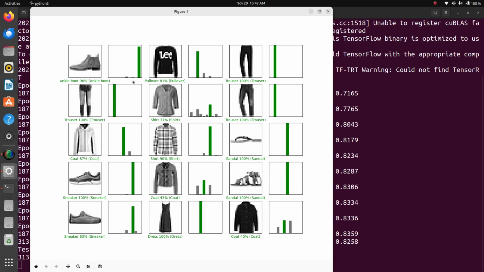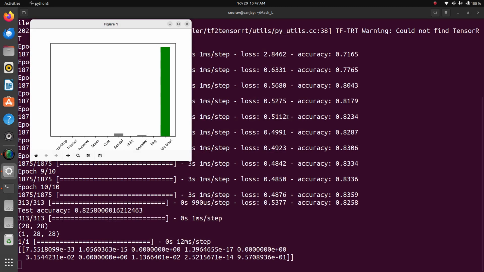We can observe that in each case green is at the top, so every image has the correct prediction. So ankle boot prediction is correct. So I have successfully done Python classification of image with TensorFlow and Keras with histogram using Matplotlib.